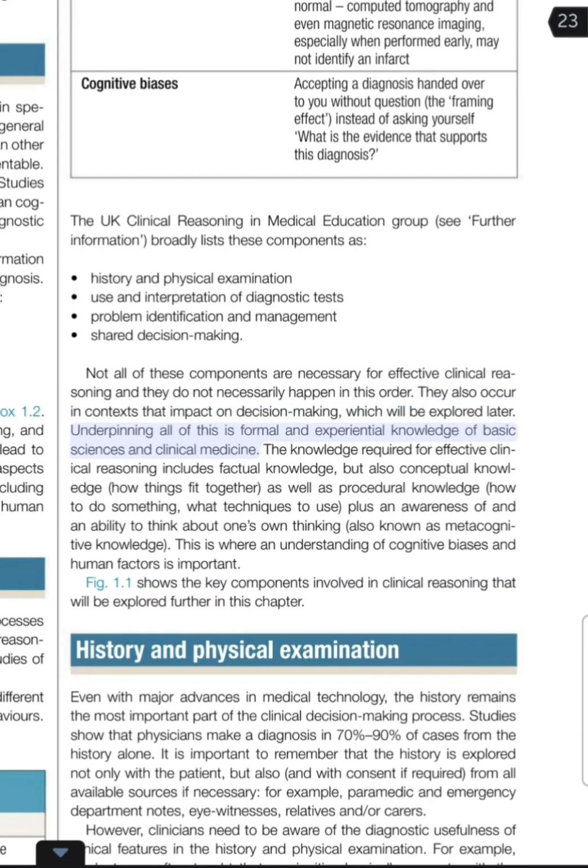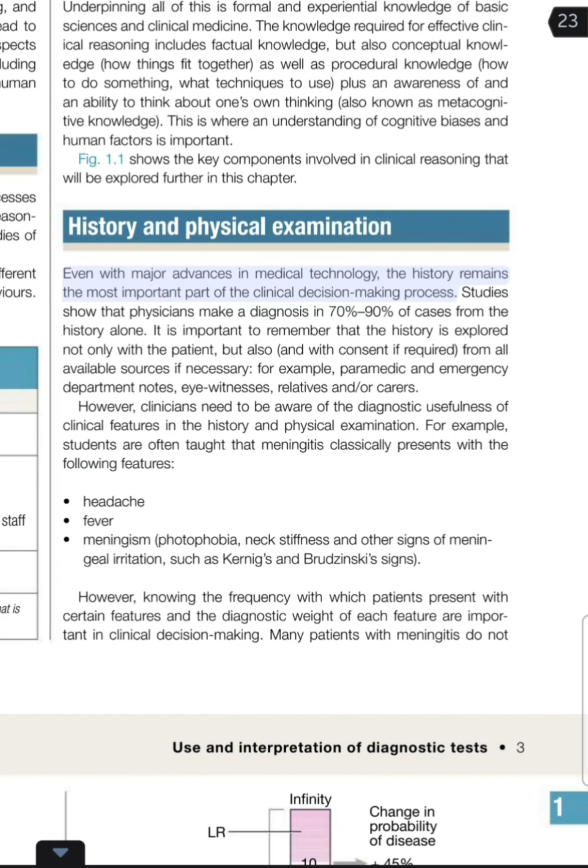Underpinning all of this is formal and experiential knowledge of basic sciences and clinical medicine. The knowledge required for effective clinical reasoning includes factual knowledge, but also conceptual knowledge, how things tie together, as well as procedural knowledge, how to do something, what techniques to use, plus an awareness of and an ability to think about one's own thinking, also known as metacognitive knowledge. This is where an understanding of cognitive biases and human factors is important. Fig. 1.1 shows the key components involved in clinical reasoning that will be explored further in this chapter. History and physical examination. Even with major advances